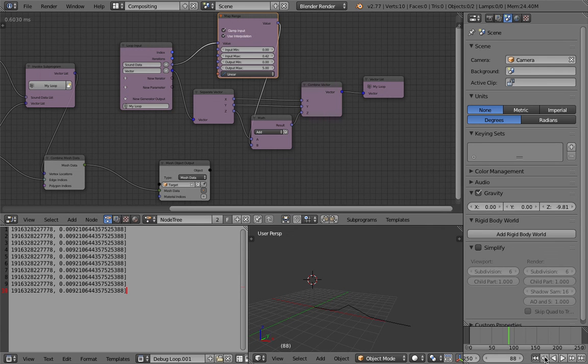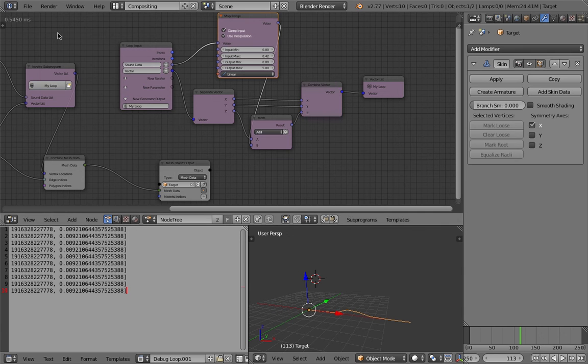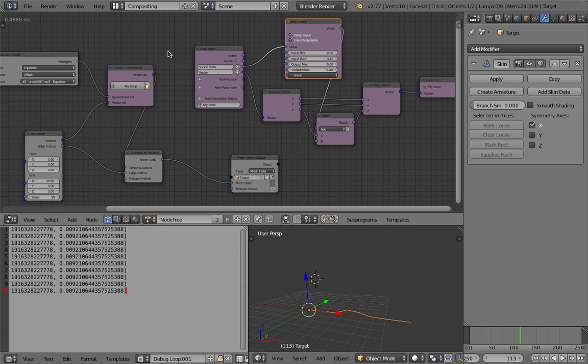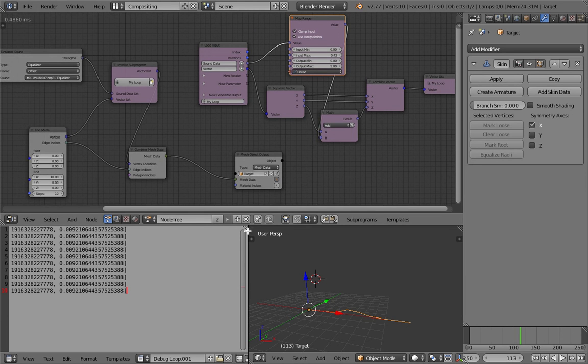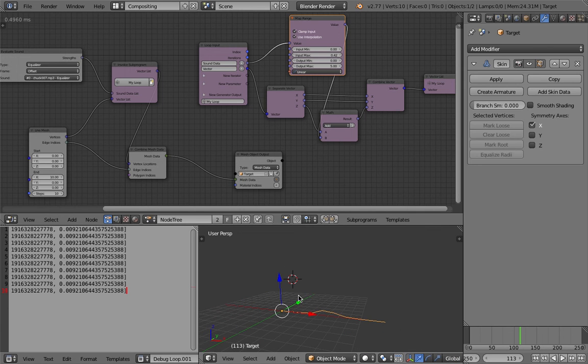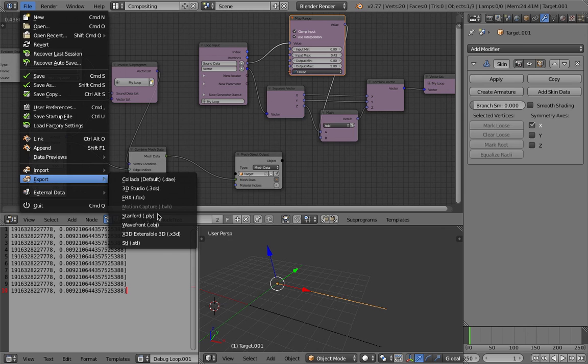If you want to bake out your mesh, you can use the Blender own baking system. So this is quite important. Okay, let's suppose we have the line. I'm just going to duplicate it like that. So it's just a simple line, and then I will export it out as OBJ